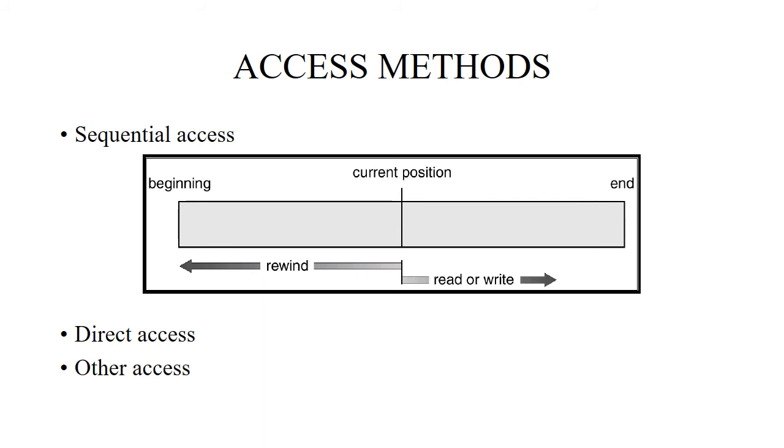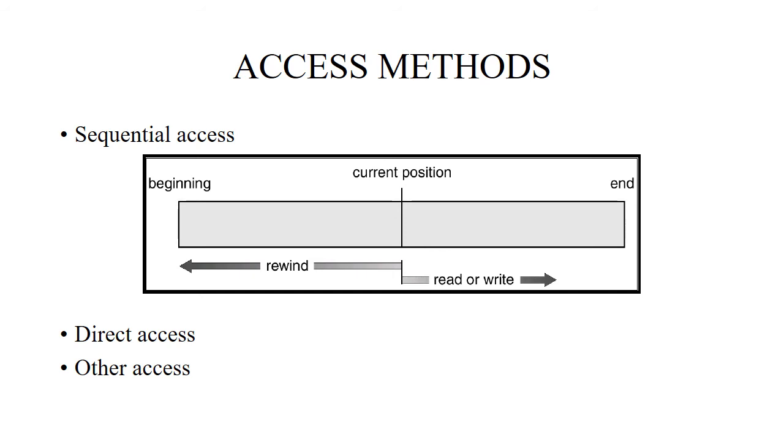Next comes direct access. It is also called relative access, in which the file is made of fixed-length blocks that contain programs to read and write the records in no particular order. The difference between sequential access and direct access is that there is no particular order of accessing the information. It is based on the disk model of a file. Here the file is viewed as a numbered sequence of blocks or records. It is used for immediate access to large amounts of information.